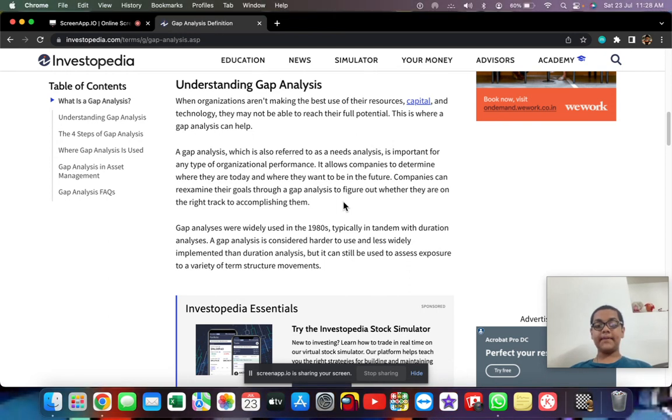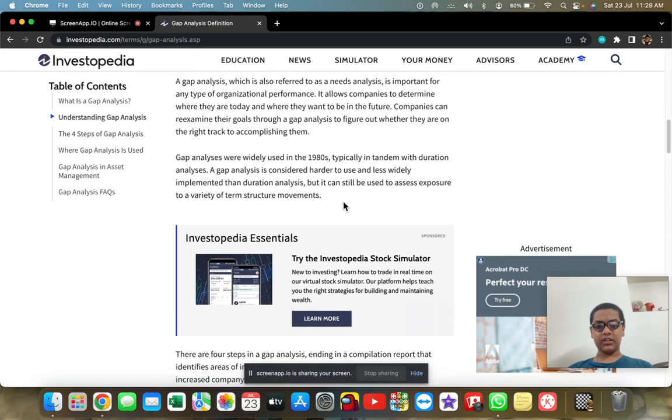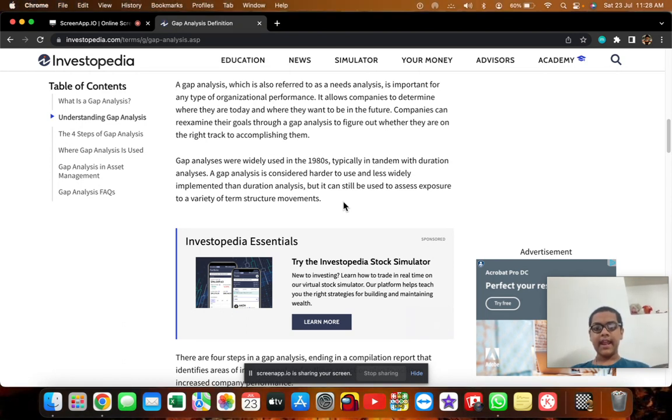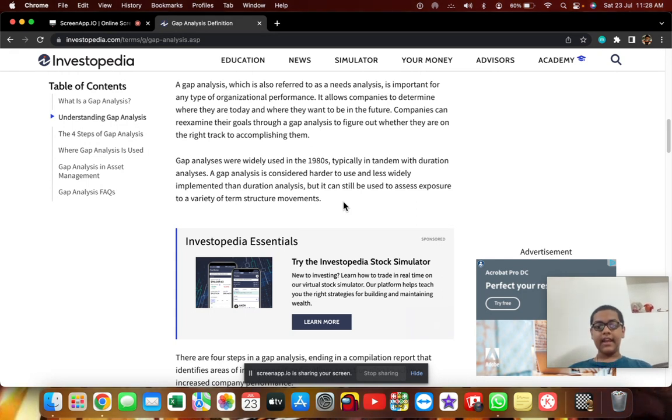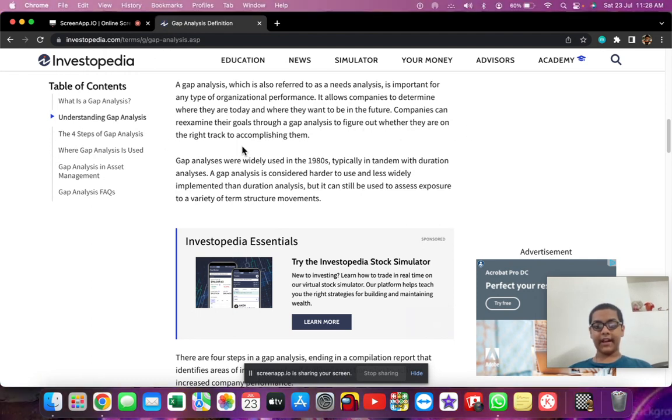they may not be able to reach their full potential. This is where gap analysis can help. Gap analysis, which is also referred to as a needs analysis, is important for any type of organizational performance. It allows companies to determine where they are today and where they can be in the future. Companies can re-examine their goals through a gap analysis to figure out whether they are on the right track to